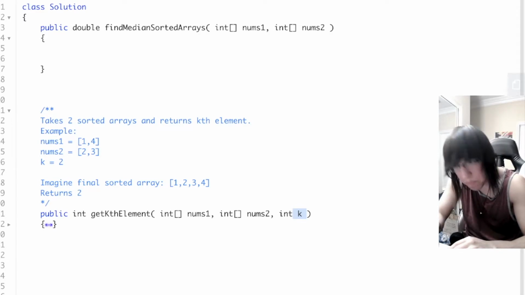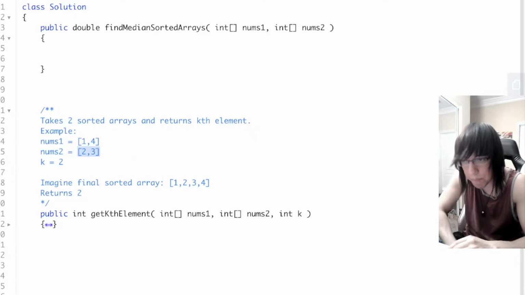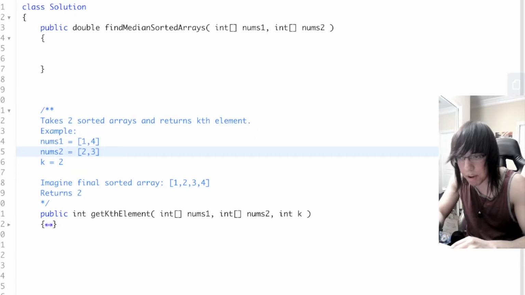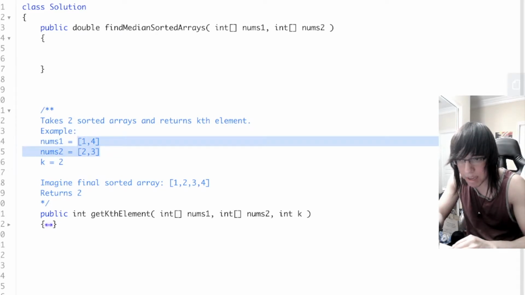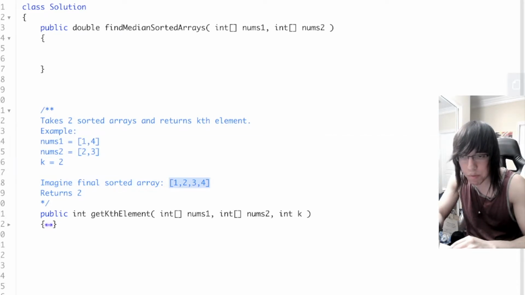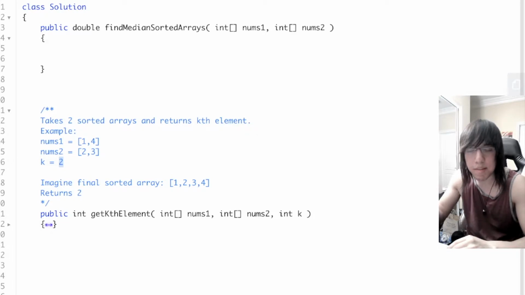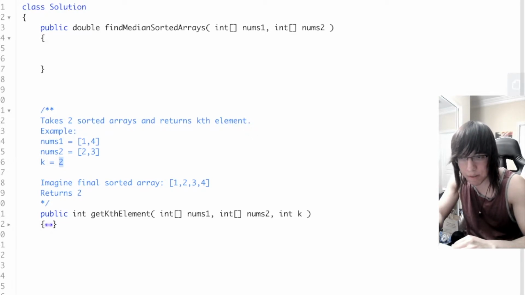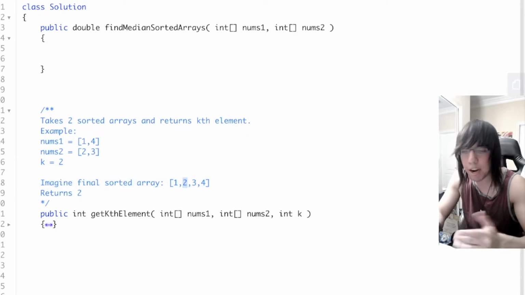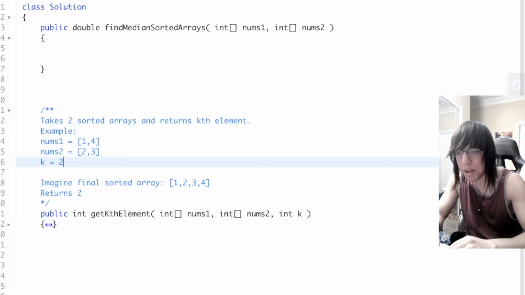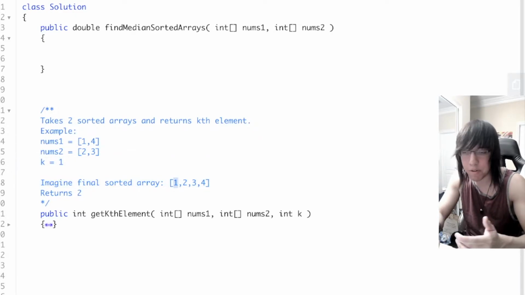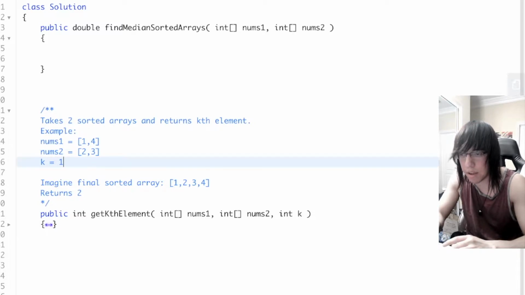So for example, if nums1 was 1 and 4, and nums2 was 2 and 3, and we were to combine these two arrays into a final sorted array, which would just be 1, 2, 3, 4. If k was 2, I want the second element, and this is 1 based, not 0 based. So the second element in this final sorted array would be this 2 here. And if k was 1, then I would want the first element, which would be this 1 here. Okay, so